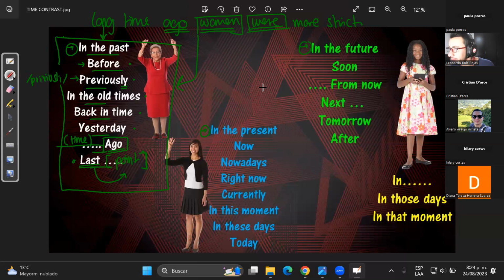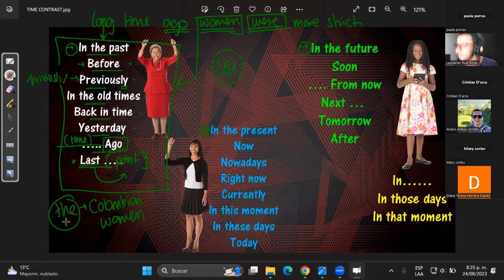Y si es de, digamos en general, ahí no hace falta la preposición de entre ago y women. No es necesaria cuando hablo de personas como hombres y mujeres, en general. No se necesita la preposición. Y si yo fuera a hablar de she, no hay necesidad de la preposición de. La preposición de se usa cuando voy a especificar un grupo específico, por ejemplo, de Colombian women. Ah, ok. Ahí sí es un poco más específico, ahí sí requiere la preposición de. Ok, thank you, teacher.